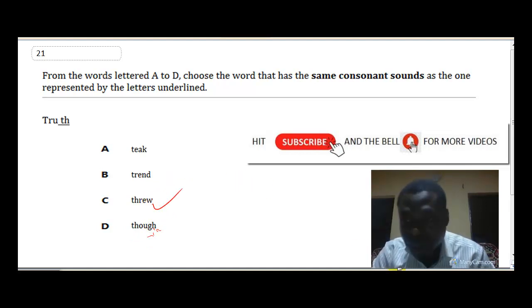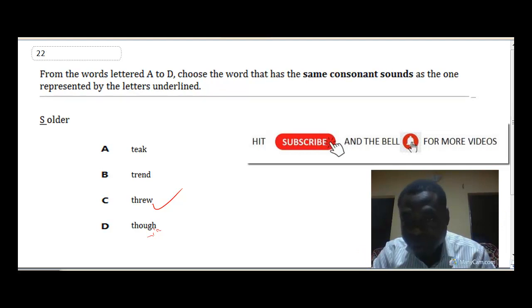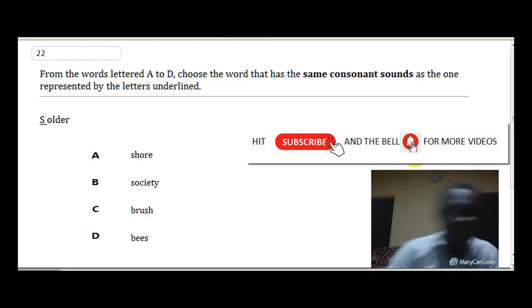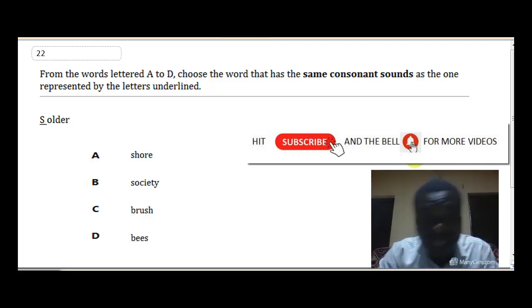Question 22. Soda. The sound underlined is S. Okay, option A, shore. Option B, society. Option C, brush. And option D, bees. Option D cannot be the answer in spite of the fact that letter S is there. And the reason is that